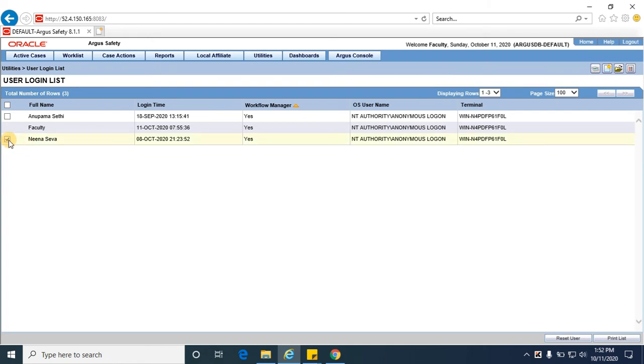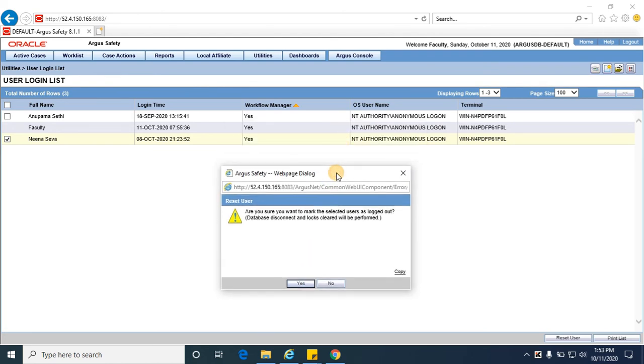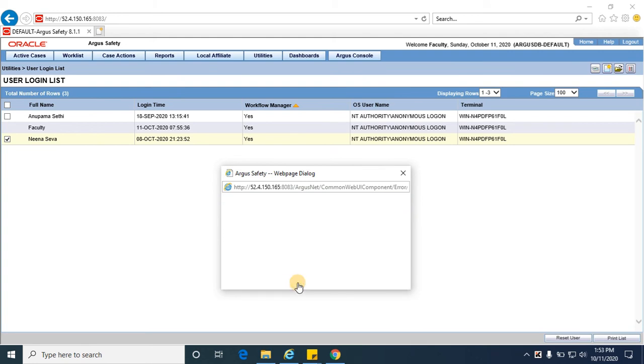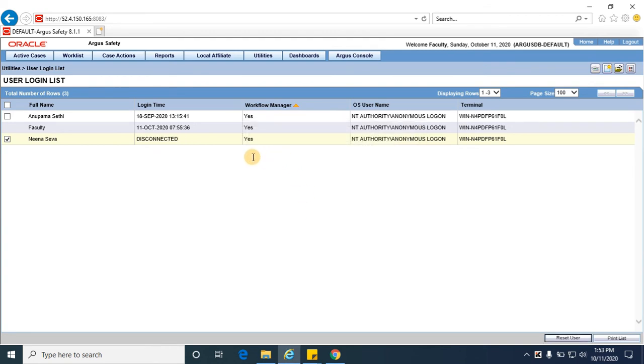You check the checkbox beside a user, and when you click on reset user, the status would be disconnected. The database would be disconnected. Here you can see the status as disconnected, and the login time is disconnected.